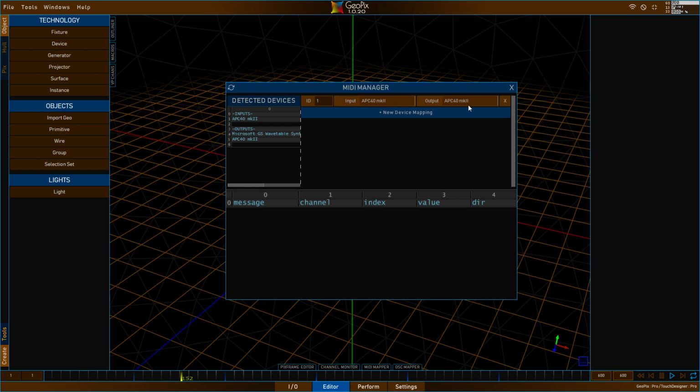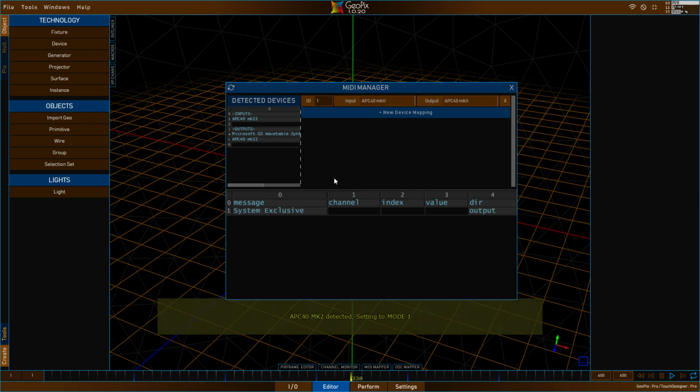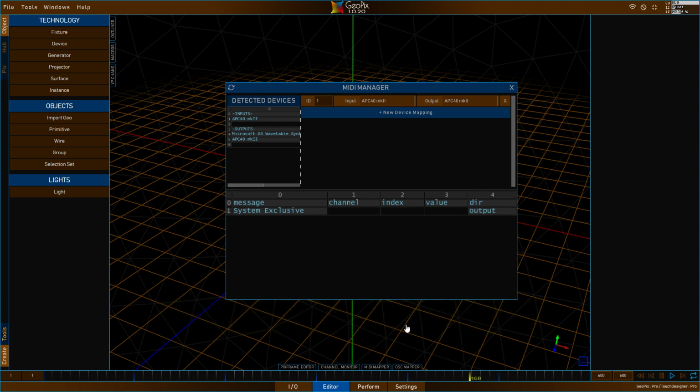So with this done, the APC40 Mark II has a special mode that needs to be enabled that allows the LED feedback to work. So if you're using the APC40 Mark II, be sure to click this button again after you set it up here in the device mapping, and you'll see that this message shows up down here, and that is good,